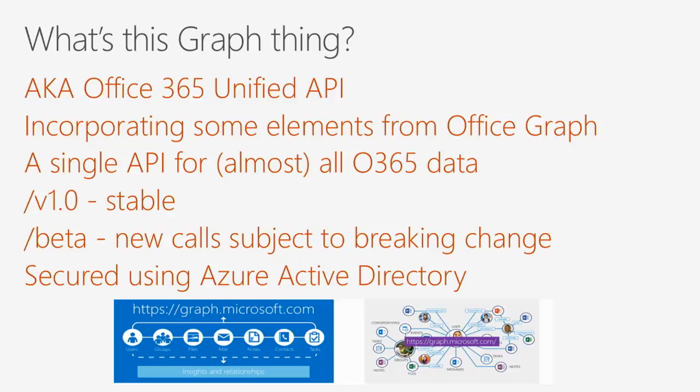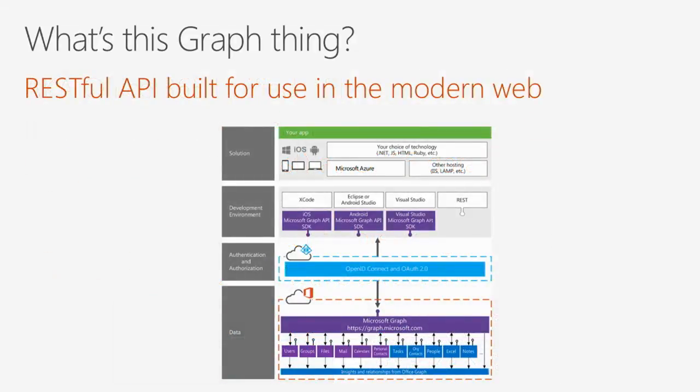All access to this is secured using Azure Active Directory. Which is a great tool. If you have Office 365, you already have Azure Active Directory. You might not realize it, but it's there. The short version is it's a RESTful API for the modern web to allow you to access a lot of the Office 365 data. One of the key benefits that this thing